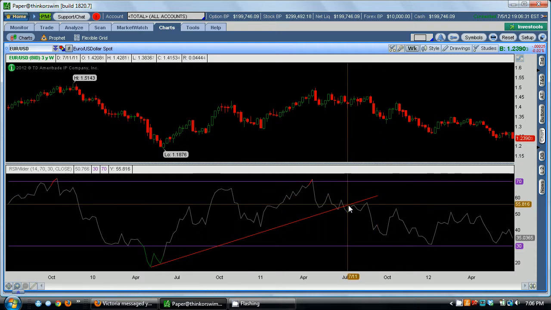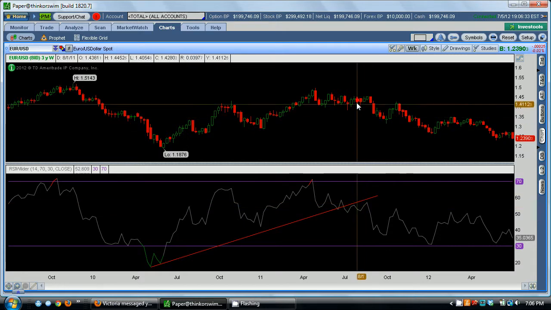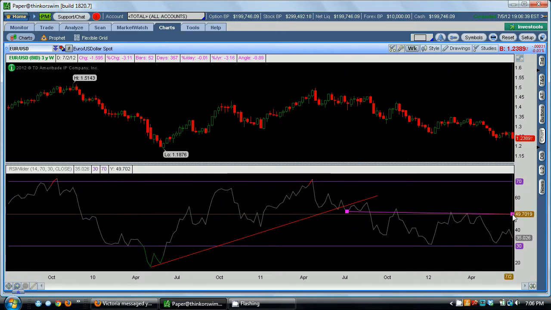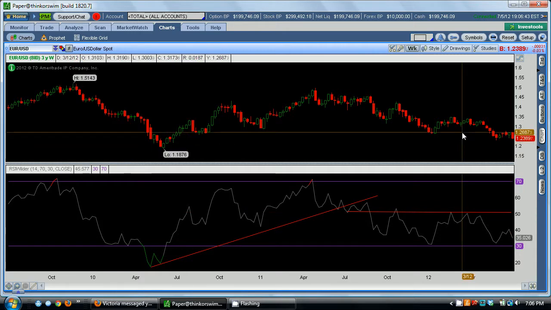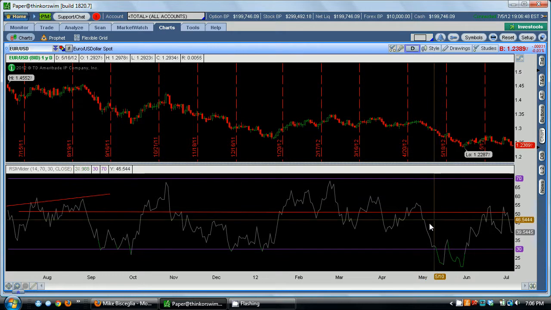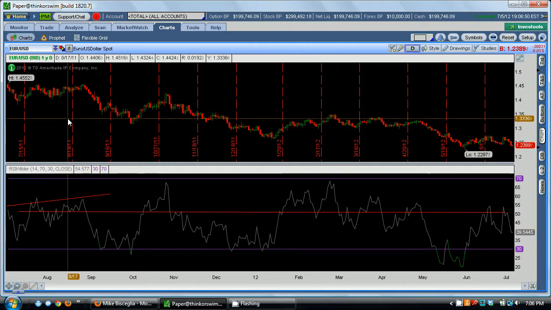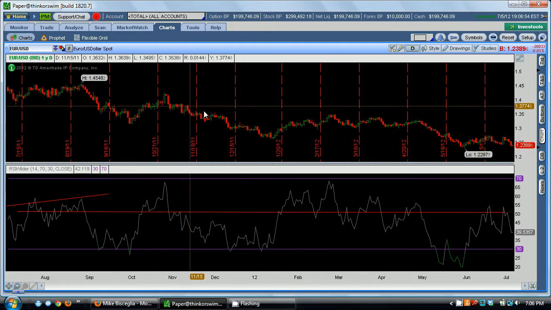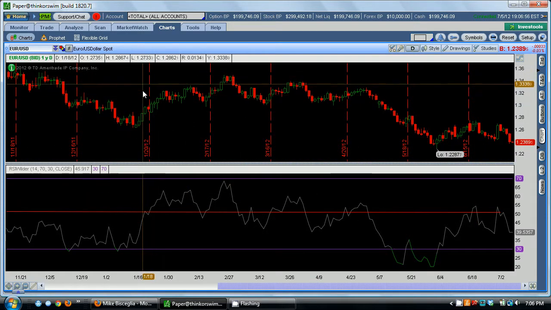And then since then, of course, you know what happened. The euro has been going down. Okay, and now in the weekly chart, we're using the 50 level as a support level. Okay, let's go in one more time and take a look at a daily chart. This only goes back into about 2011. If we take a look at this one, move in even further, and I get rid of this line right here,